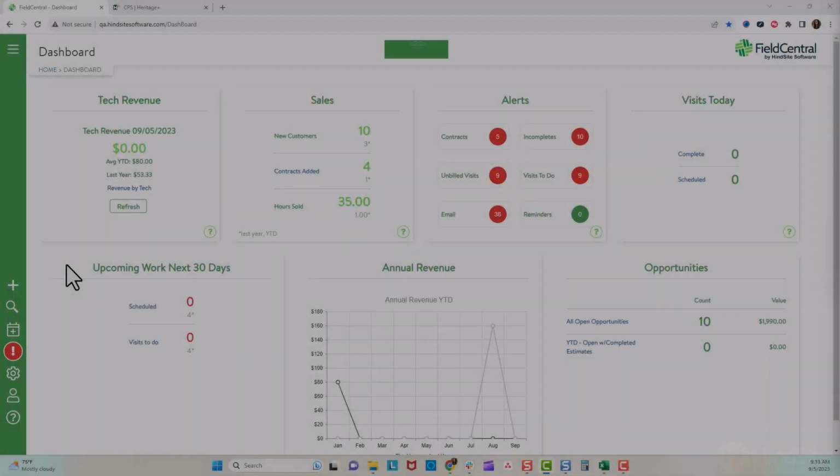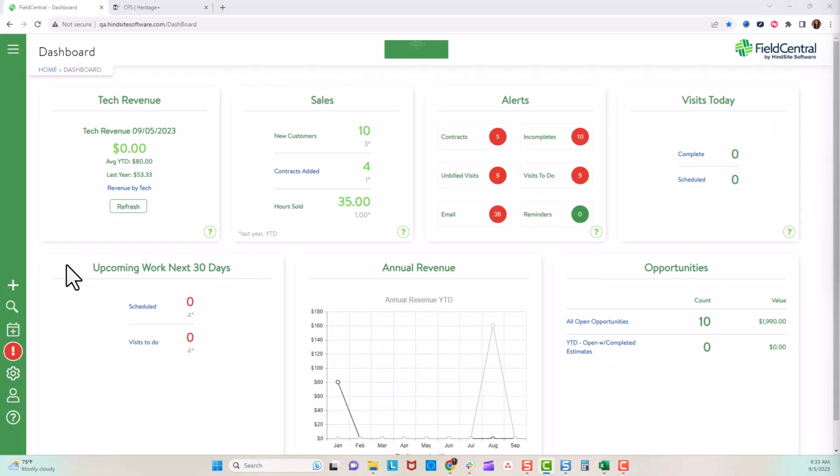Welcome! In this video, we will cover how a Field Central user will connect or map distributors to their material list. We will cover how to do this manually and via data import. Mapping distributors to the materials in your system will help better inform material forecasting and reporting, in addition to the